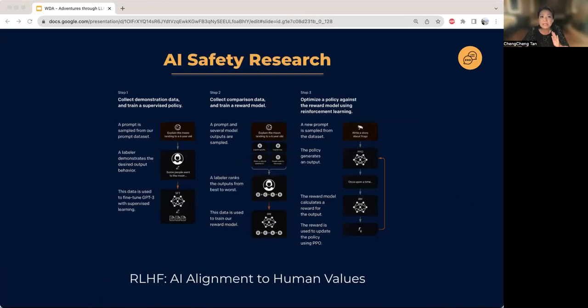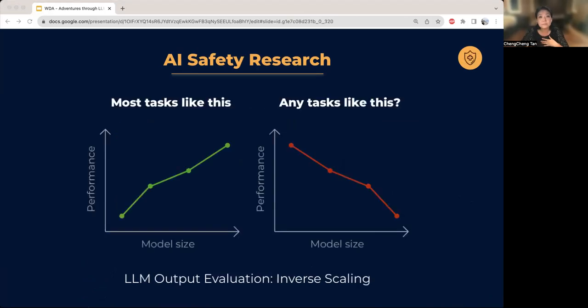Well, some smart people are attacking this from multiple angles. So, for example, RLHF, that made GPT so useful, is research from OpenAI's alignment team. And AI alignment is a subfield of AI safety to ensure that AI is aligned with human values. Now, another approach is to evaluate LLM output, like inverse scaling laws. So usually models get bigger and better, but this project found a bunch of examples where the bigger models fail. Something to be aware of, right?